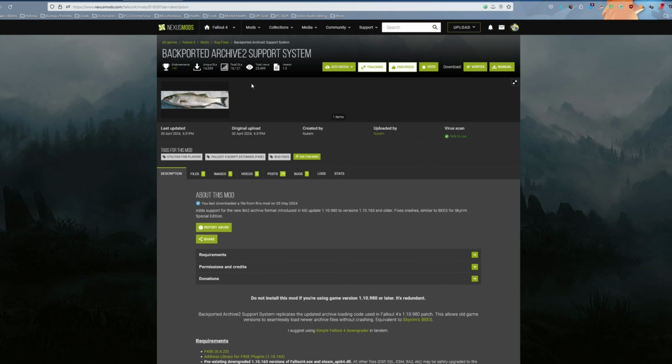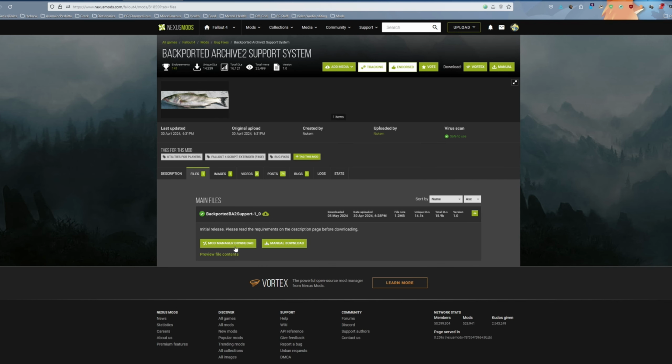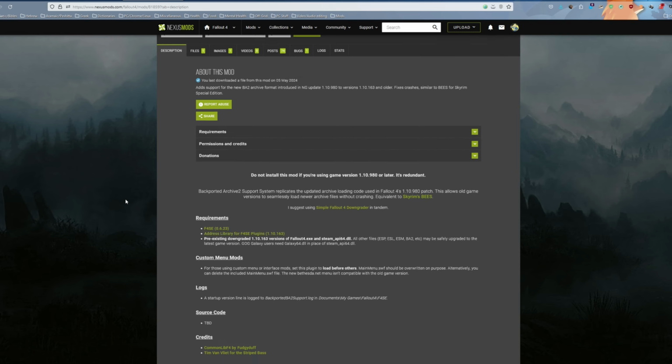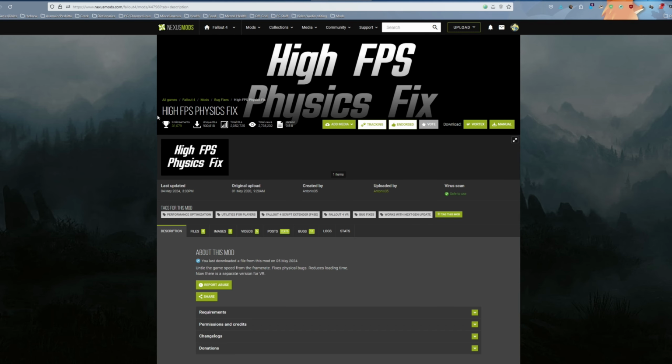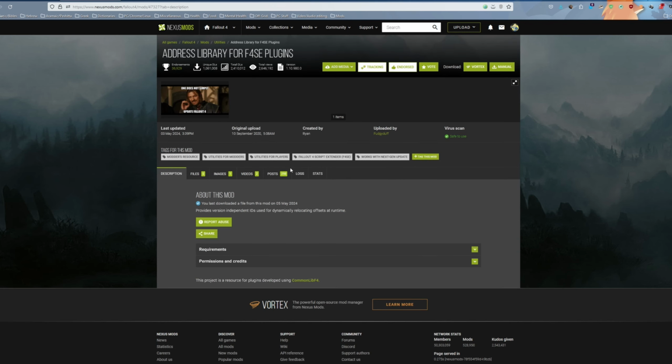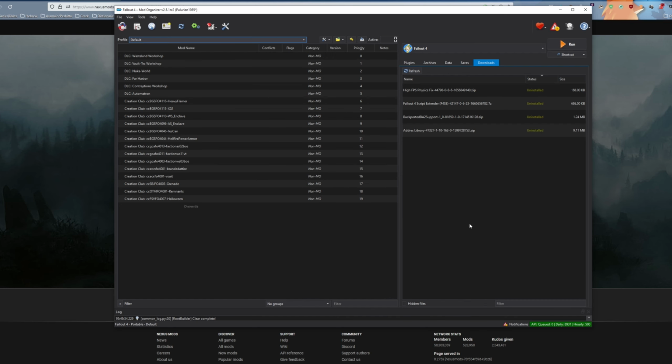Alright, so we got that. Backported Archive to Support System. Go download that file. Download those all to your mod organizer. And then I went ahead and got High FPS Physics Fix just so we can see that it's working by checking that I have unlimited frame rate without the game running like crazy. So now in this I have Root Builder,